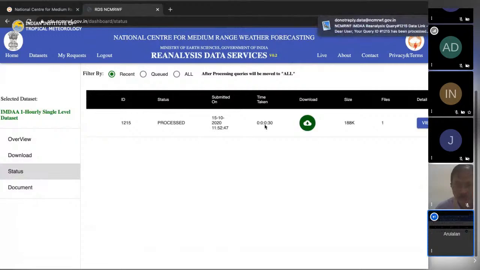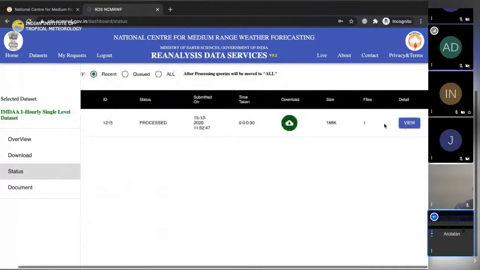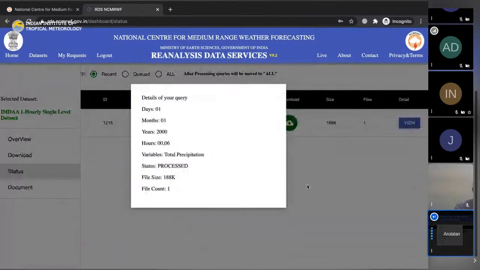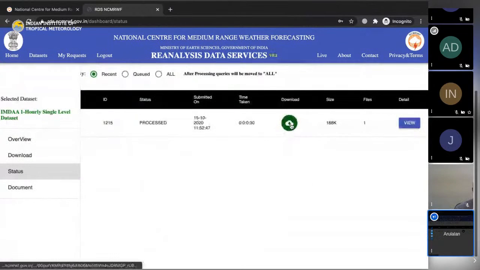So the data download link is available here, and the data file size is 188 KB. It contains only one file. You can see the query details you submitted. Either you can click on this and download it as a script file,